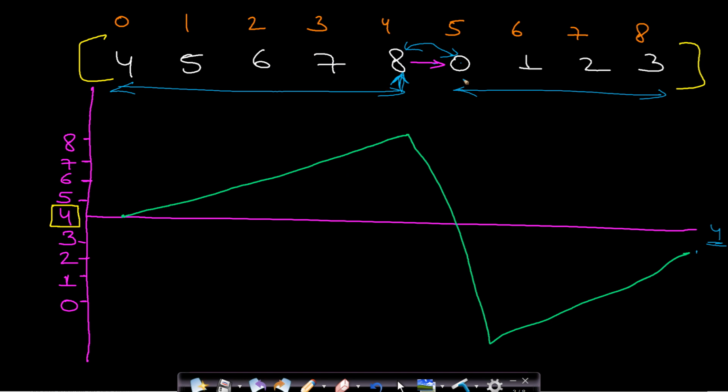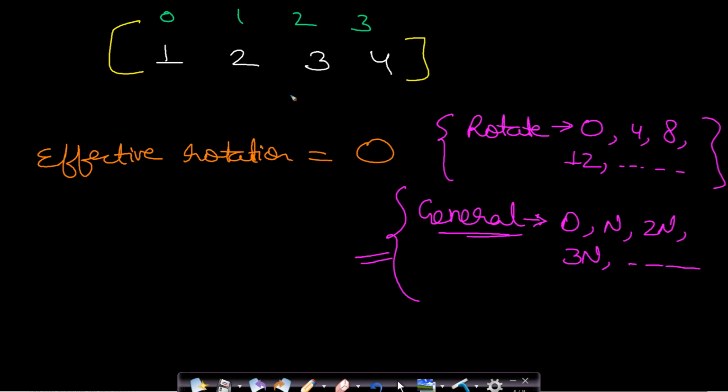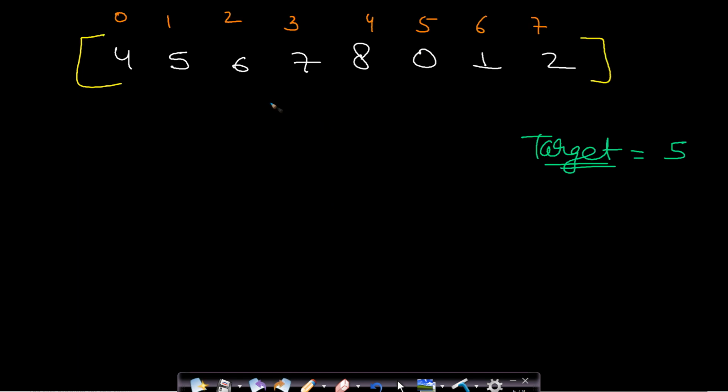In this case you can see that we have rotated this array 5 times. So there are 5 effective rotations. Now even though you rotate the array, let's say 0 times, n times, 2n times and 3n times and so on, the effective rotation will still be 0 because you will have the same array and there will be no pivot element. So according to our assumption, pivot can be this 4. Okay, so this is a strictly increasing order array. Now let us look at an example and solve it so that we get a better understanding.